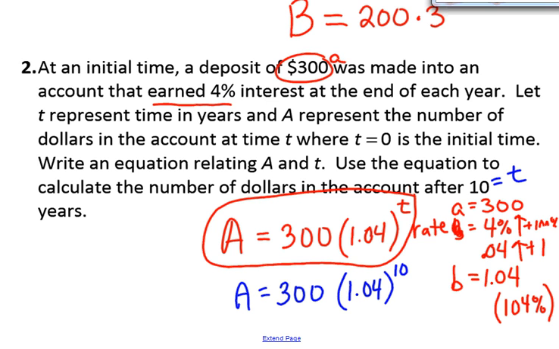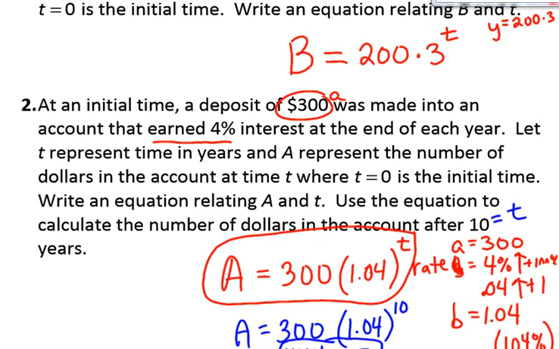Which, if you put that into a calculator, you would get about $444 and a little bit of change. I think it's like 70 cents. So you got the $300 that you put in, plus about $144 to get you this total amount of money. Okay? So that's growth and decay, which is an application of exponential